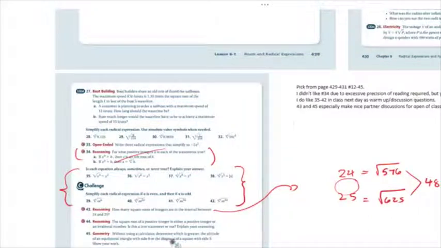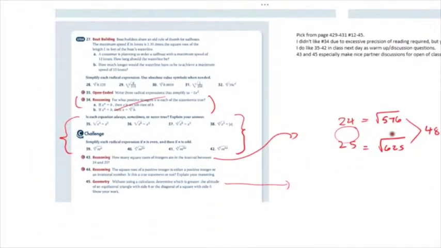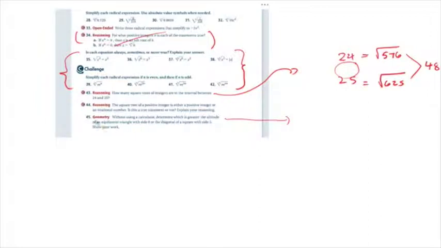And then 45 is also an interesting problem. It can be done with special right triangles. It can be done with Pythagorean theorem. It's easier with Pythagorean theorem because they don't have to convert back and forth in the roots. So the question: which is greater, the altitude of an equilateral triangle with side 8 or the diagonal of a square with side 5? And so the equilateral triangle, let's put it over here,